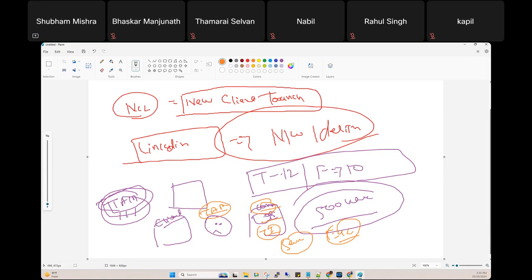This TAM works like a bridge. Bridge means this TAM is directly connected with the client, and this TAM asks the client for the requirements. What tools are you going to use? What bandwidth are you going to use? Every detail. So as a network engineer, you will get the PL file from the TAM side.